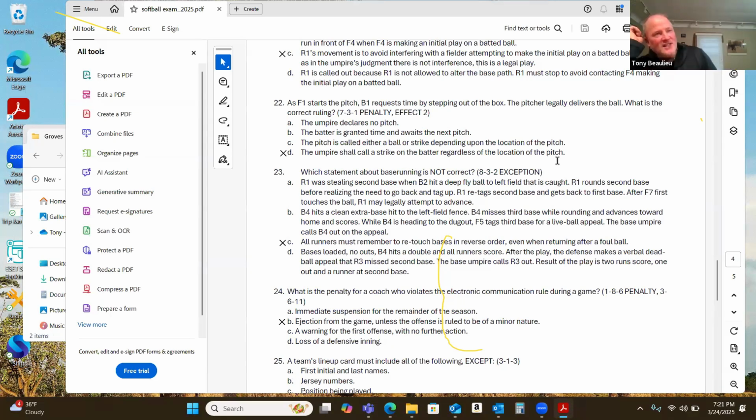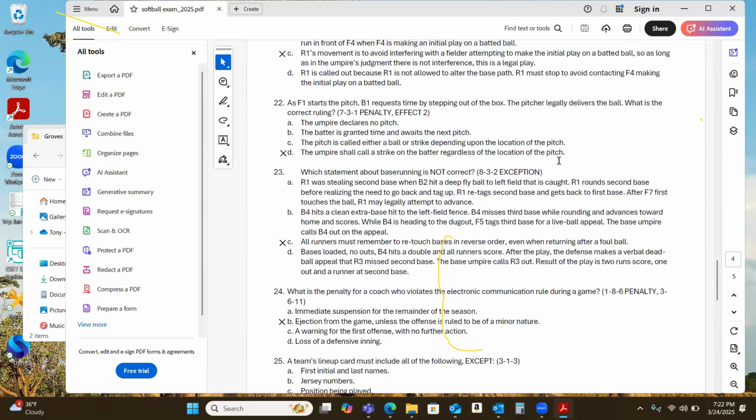Carl, what if they step out of the batter's box and the pitcher accidentally throws a wild pitch and hits them, and they're not in the batter's box, it's a dead ball, right? I would say no, because of the way this rule is written. Well, it says the umpire,